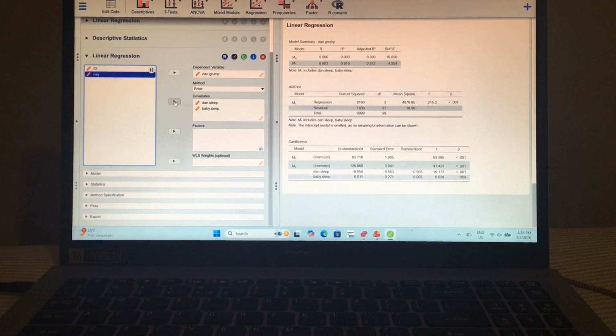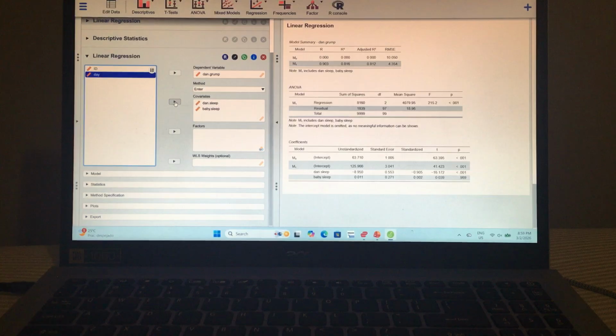So we have our 0.000, 0.903, 0.816, 0.812, 4.354, and 10.050. We have our ANOVA in the middle, 8160, 1839, 99.99, 297 and 99, 4079.95, 18.96, 215.2, p-value 0.001, and then we have our coefficients at the bottom,